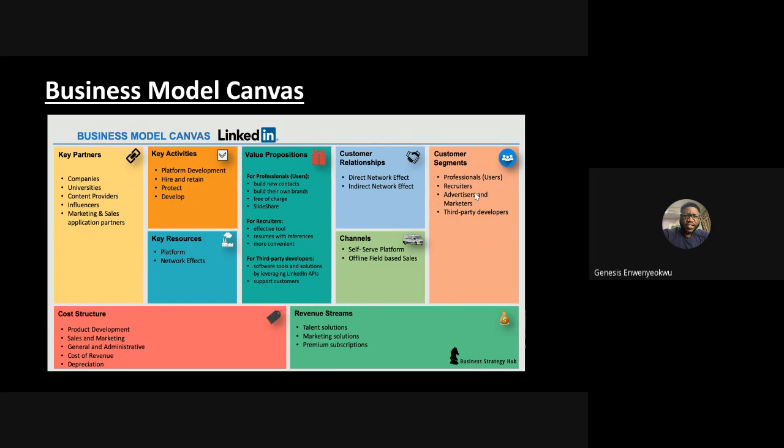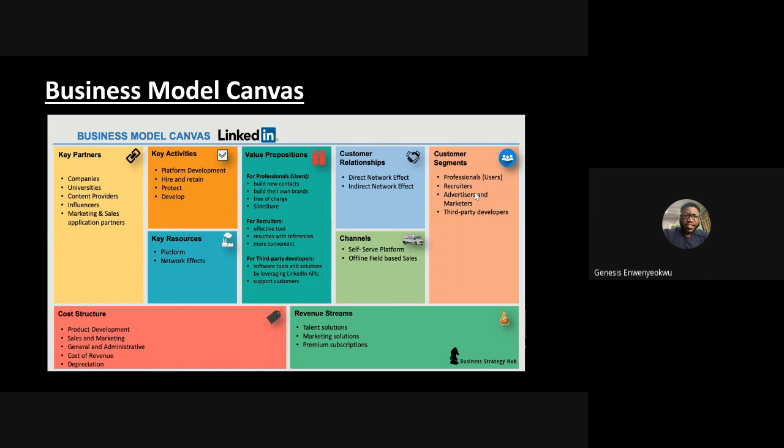It gives them a free service, and previously it offered SlideShare, which is like a repository of immense knowledge base on different industries and domains. But now they've kind of made SlideShare a business of its own. For recruiters, it offers the ability to view multiple resumes or CVs from different professionals at once. It gives them convenience, an effective tool to effectively recruit or make a decision on who to proceed